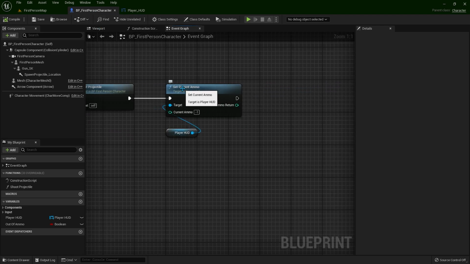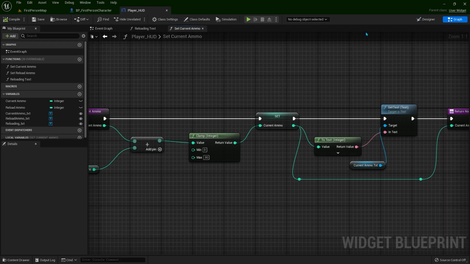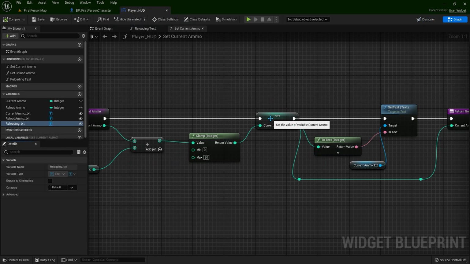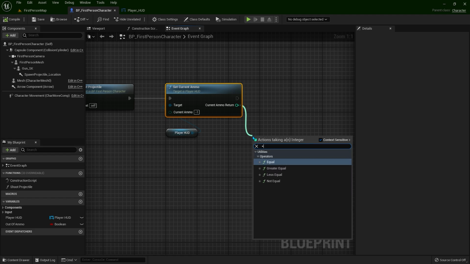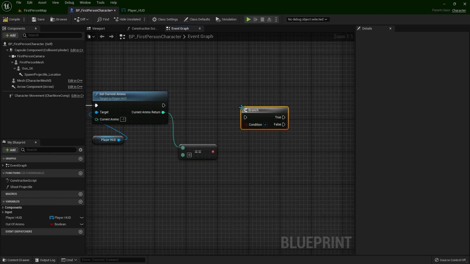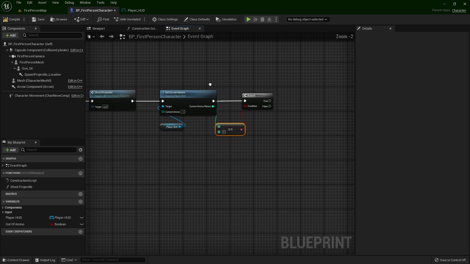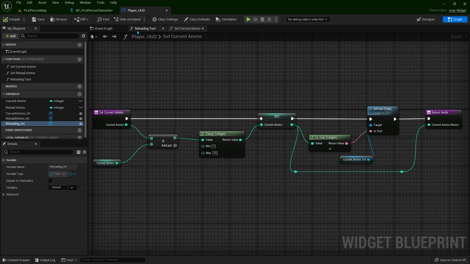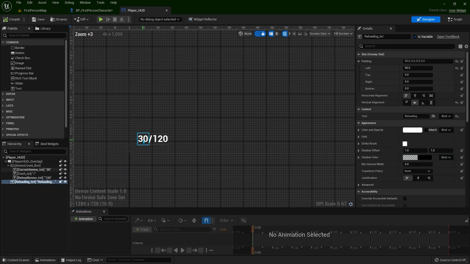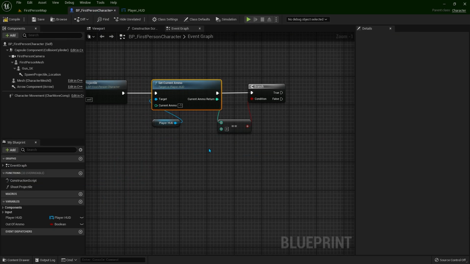Now that's why in this set current ammo, we have created this current ammo return. So if you double click, now we are in the player HUD where we have created this function. So now when we come to the 0 bullets, from the return we go equals, hold down B and left click to check. Now when you shoot with a gun, the current ammo, which is this one, this is our current ammo. When we come to 0,